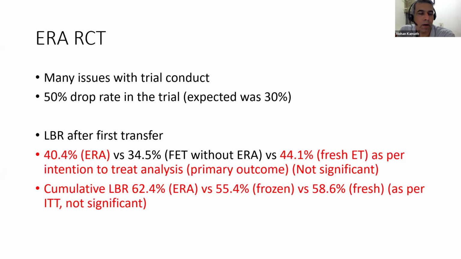And if you go down and check the ITT analysis, the results of ITT analysis are in bold in the last line, which is cumulative live birth or per embryo transfer. There was no significant difference in the primary outcome. So the live birth you can see for ERA was 40, fresh was 44, and there's no difference, 34 without ERA. Cumulative was 62, 55, and 58. So no significant difference. So ideally, they are supposed to base their conclusions on the ITT analysis, but they went on to do it on